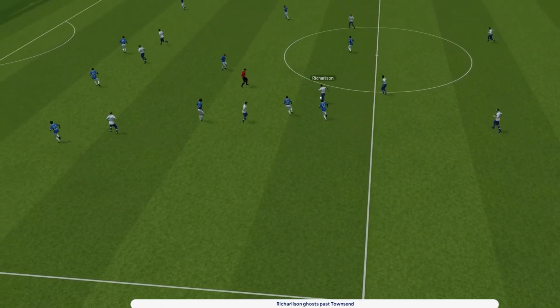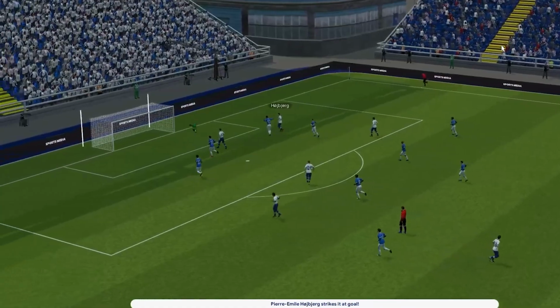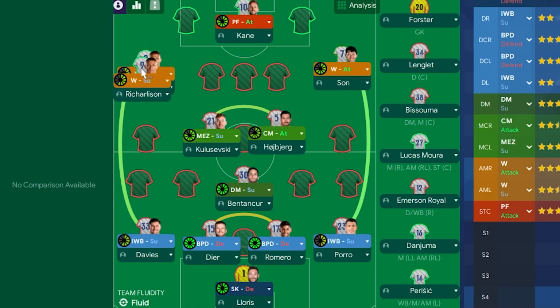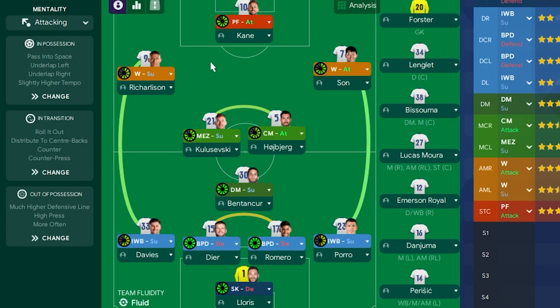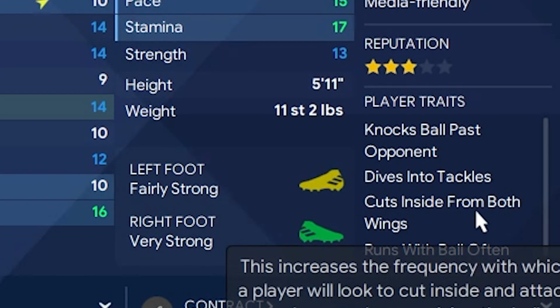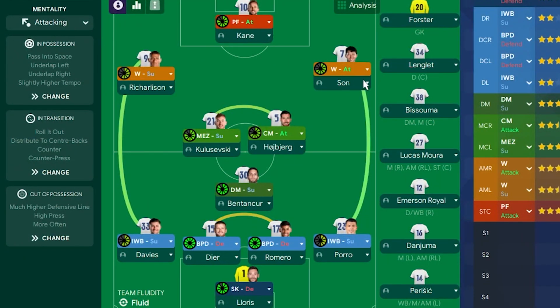As you can see as well, don't worry, it doesn't mean that they're going to stick to that left-hand side. I think if Son was on this side, it'd be a little bit of an issue, but Jota does like to go left, he does like to go right, and as you can see, Richarlison's dribbles from the opening game of the season, he is drifting inside and dribbling inside, so don't worry about that. I think if the player instructions, look, cuts inside from both wings, if you've got that with a winger, you'll be fine. Similar to what Anthony is at Manchester United, you want that wide, real attacking width,